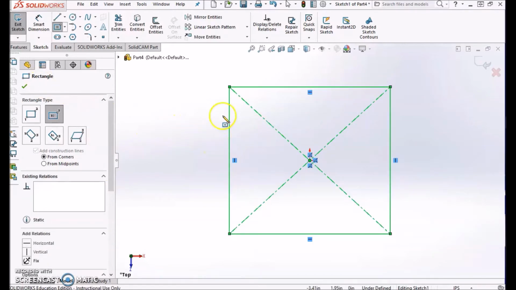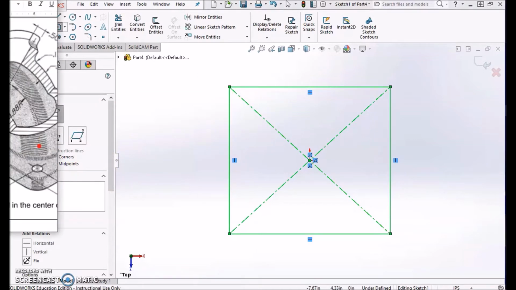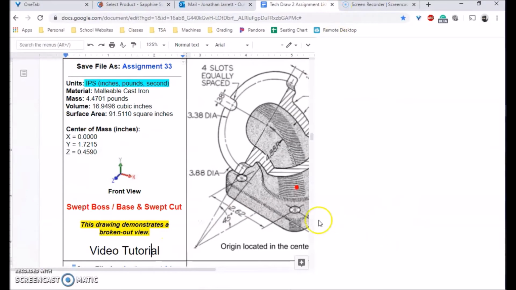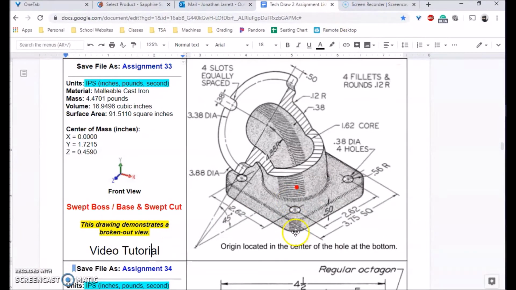And from here, most people would fillet these corners to give you that center point to put the circle on. But I want to show you a little bit of a different approach to this. In most cases of what we've been drawing, when you have an object that has a fillet like this and a circle right there, normally they share the exact same center point. But I can tell you from doing this previously that if you put your fillet in and you make it a radius of 0.56 and then put your circle there,